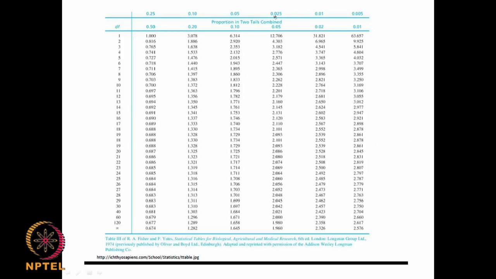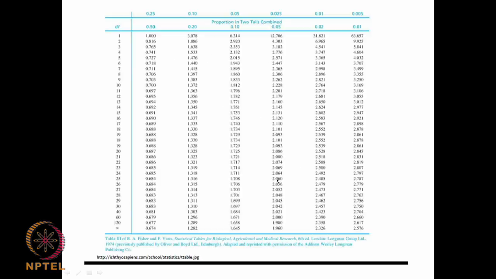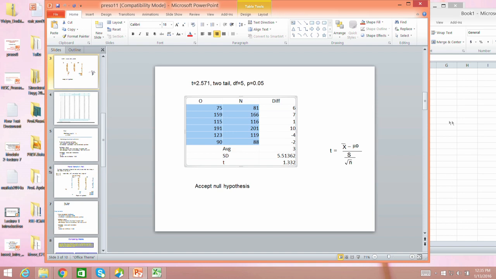So, this is the t table at 0.05, okay. So, 5 degrees of freedom we can use, for a 2 tail test, the top one is 1 tail test, bottom one is 2 tail test. So, for 5 degrees of freedom 2.571, that is what it is, okay, whereas GraphPad can do 2 sample t test,